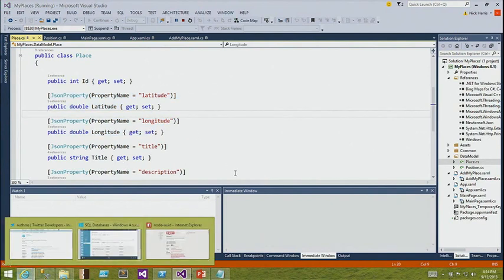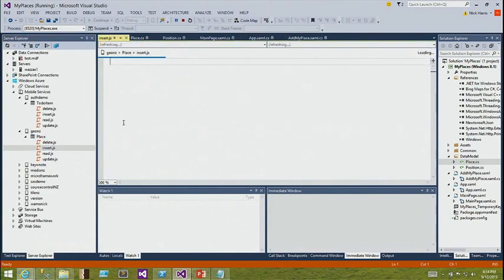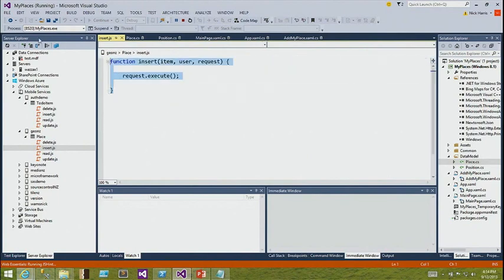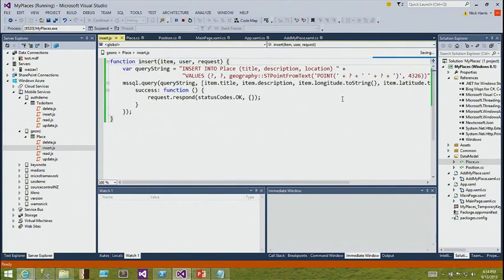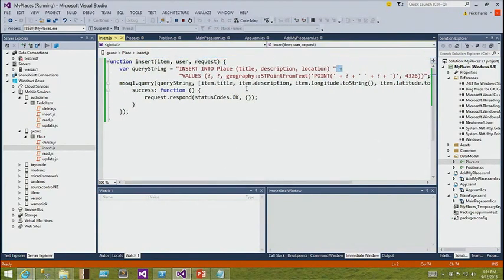To do that, we can simply use our server script. So if we go to place and insert, I'll drop in a snippet here. Now, normally you wouldn't concat any strings. I'm not doing the parameters there, but I've just done it so it wraps and you can see it a bit easier. But what we're doing on insert is I've got insert into place and values. The values are parameterized. So the first one is the title, the second one's the description, and the last one's